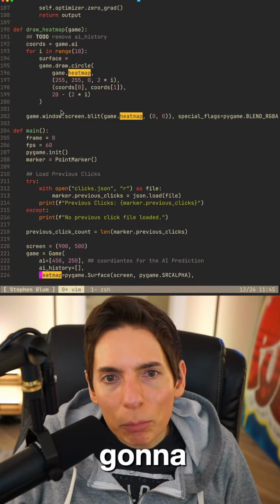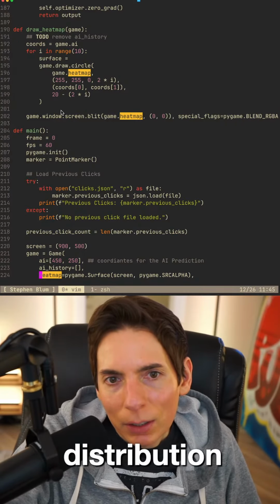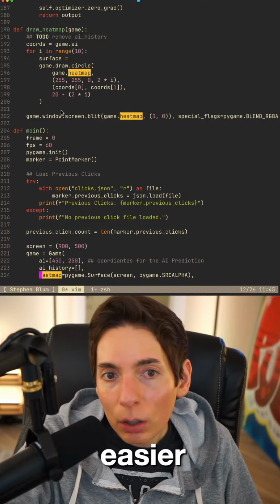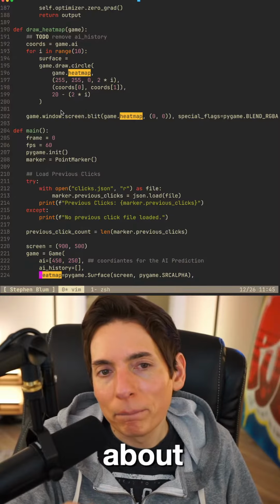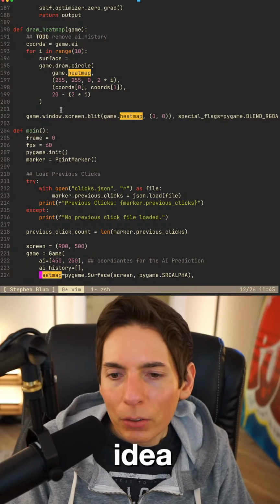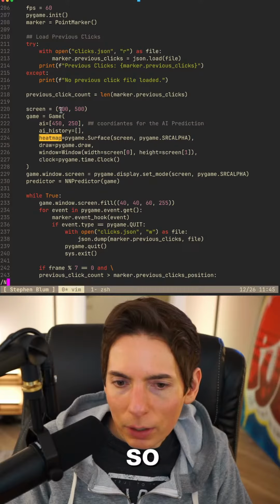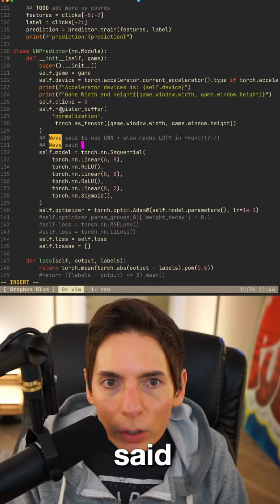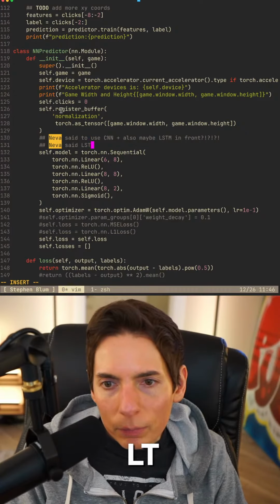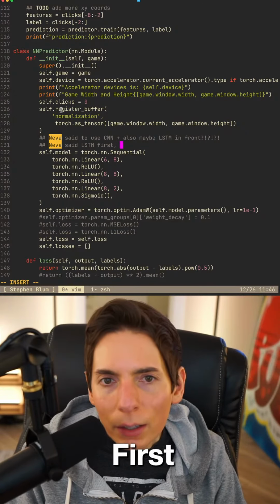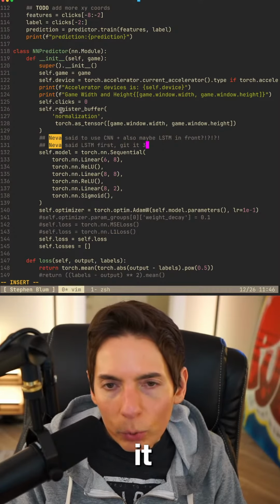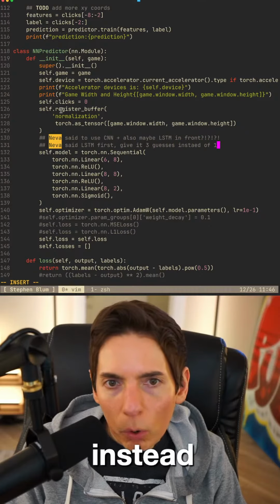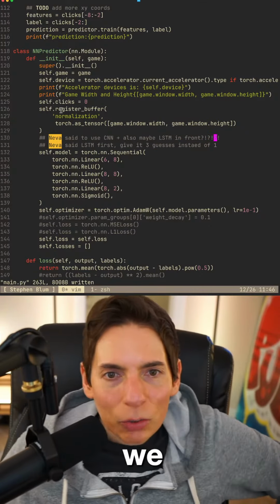If you're going to try, it's easier to implement LSTM first and then probably a distribution, say give it 3 guesses instead of 1. Oh, it's probably easier. Interesting, I didn't think about that. That's a really interesting idea. So let me write that down as well. All right, so Neva said, if you're going to try, easy implementing LSTM first, and then give it 3 guesses instead of 1. All right, there we go, Neva. We got the ideas, we're making it happen.